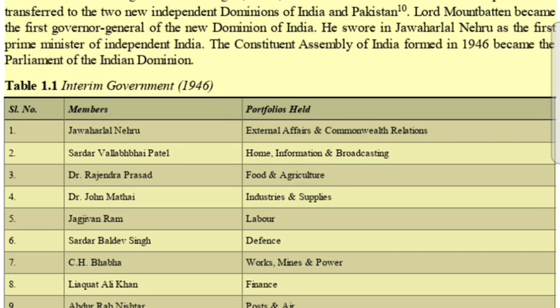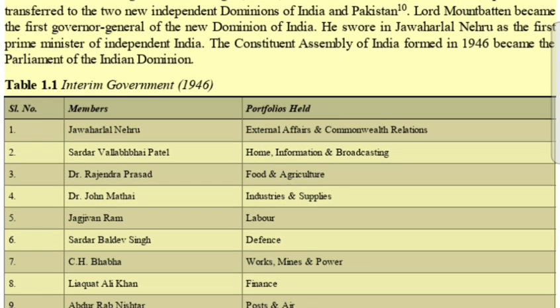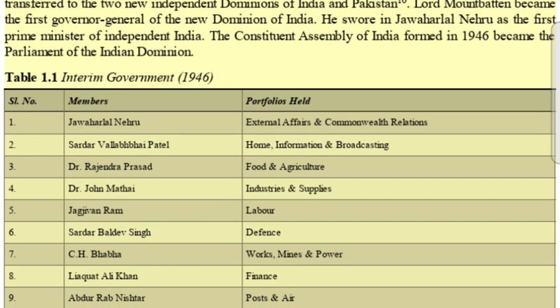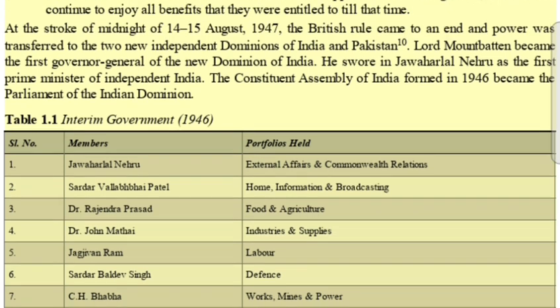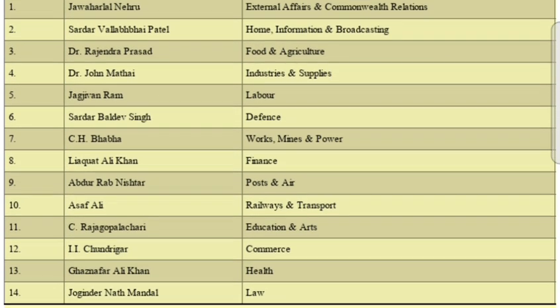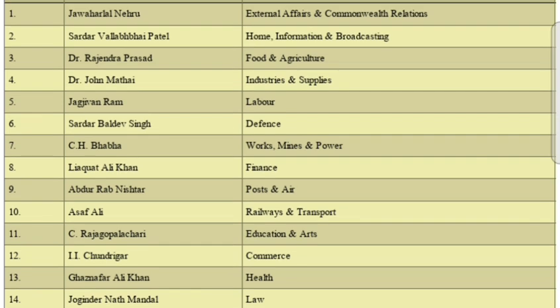Table 1.1 Interim Government, 1946. Members and portfolios held: 1. Jawaharlal Nehru, External Affairs and Commonwealth Relations; 2. Sardar Vallabhbhai Patel, Home, Information and Broadcasting; 3. Dr. Rajendra Prasad, Food and Agriculture; 4. Dr. John Matai, Industries and Supplies; 5. Jagjivan Ram, Labor; 6. Sardar Baldev Singh, Defense;